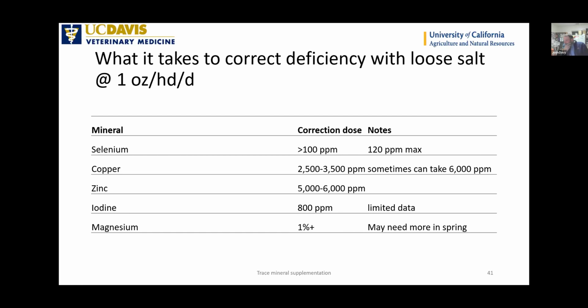In terms of iodine, and John asked this question earlier, we are able to sample serum iodine levels through the Michigan lab, the equivalent of our CAFS lab. The max, I believe, is 800 parts per million you can put in there. We had limited samples, so a small data set said that's probably where you want to go in terms of what those were. I caution that at this point the sample size is so much lower